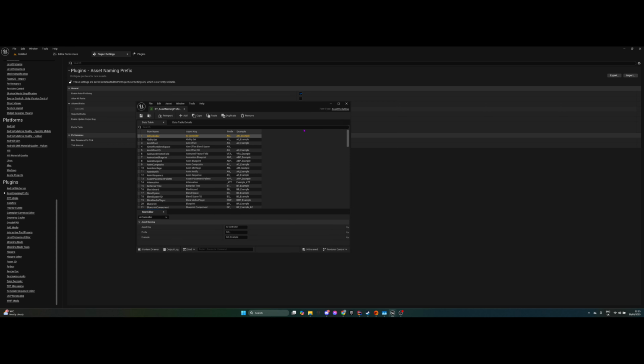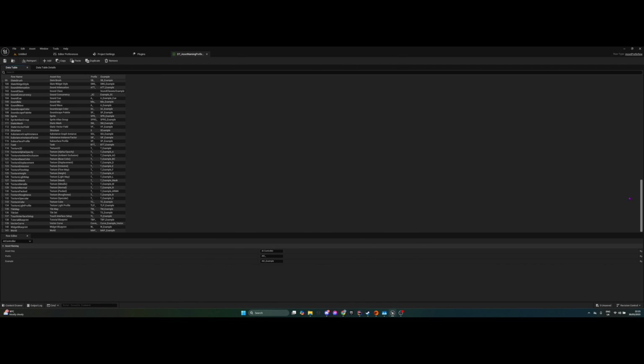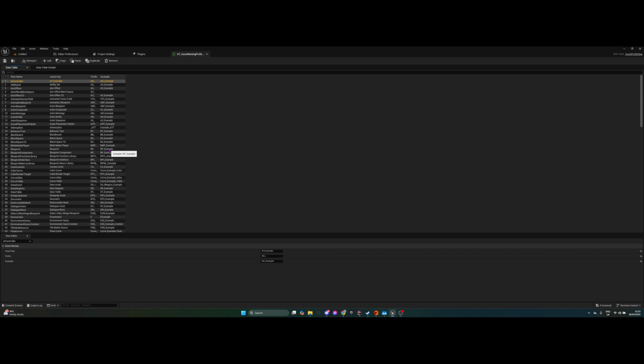If we open this up, you can see we have this big long list of all the assets I could think of and find online, with the asset key and the prefix, and an example of how that would look in editor. So if we take aim offset, you would have AO underscore, and the example is AO underscore